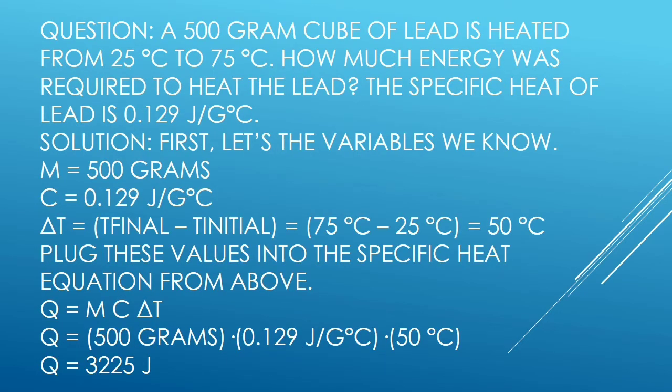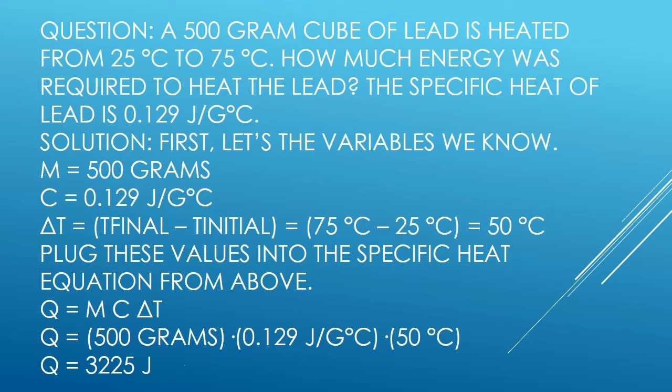The 500 gram cube of lead is heated from 25 degrees Celsius to 75 degrees Celsius. How much energy was required to heat the lead? The specific heat of lead is 0.129 joule per gram per Celsius. The mass is 500 grams. The specific heat of lead is 0.129 joule per gram per Celsius, and the delta T, which is T final